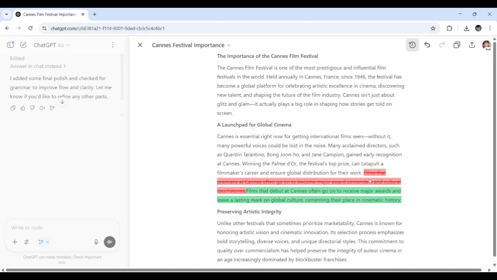Here's the before: Films that premiere at Cannes often go on to become major award contenders and cultural touchstones. And here's the new version: Films that debut at Cannes often go on to receive major awards and leave a lasting mark on global culture, cementing their place in cinematic history. See right here?